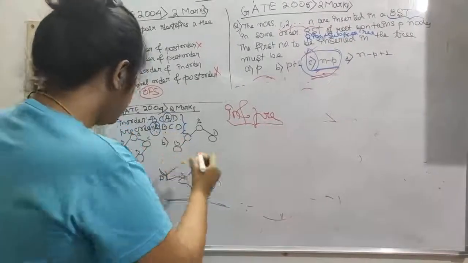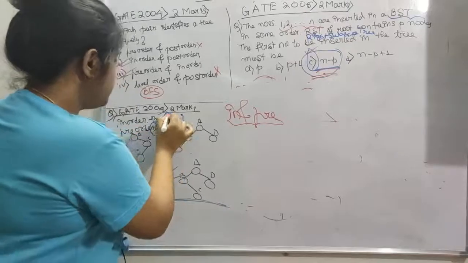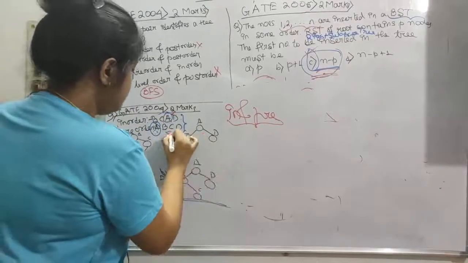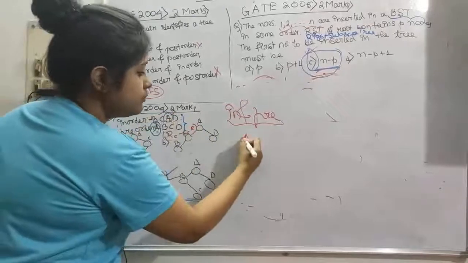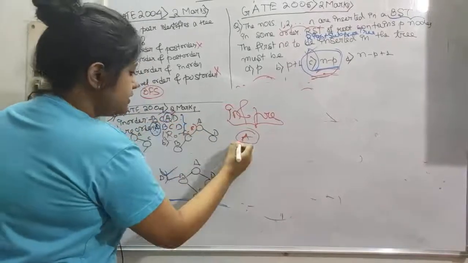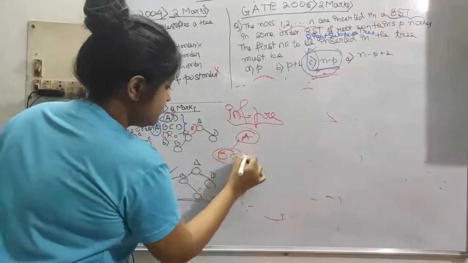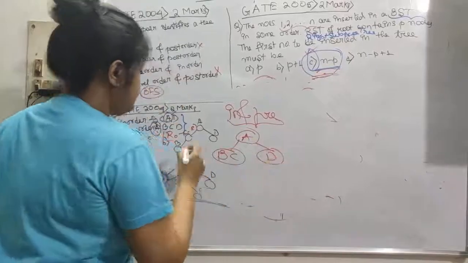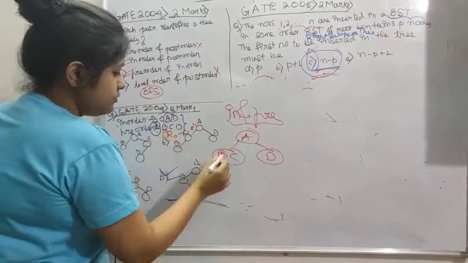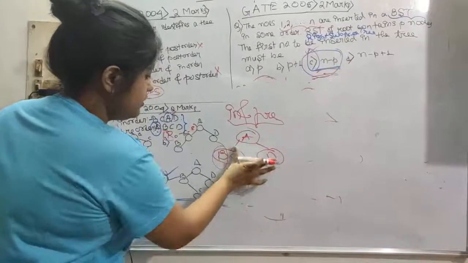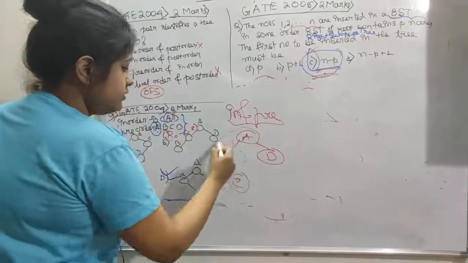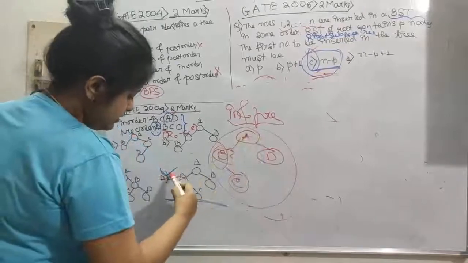So in pre-order the first is A, so we find the root, left, right. So A is our root, put A here, all this B C in left subtree and D in right subtree. So now B is our root, this is our root, so C will be here and there. So this is our tree, our answer is D.